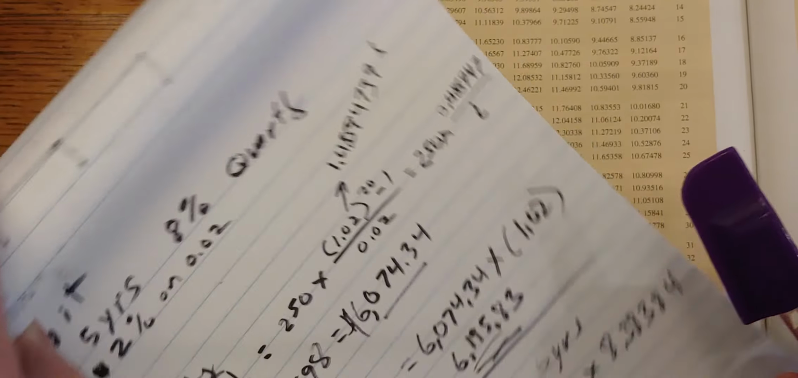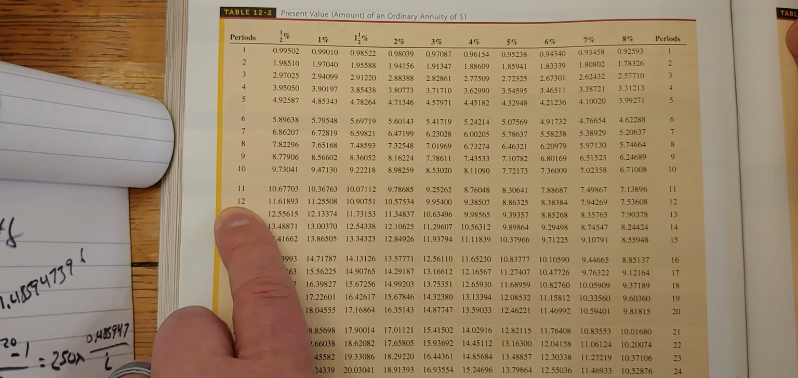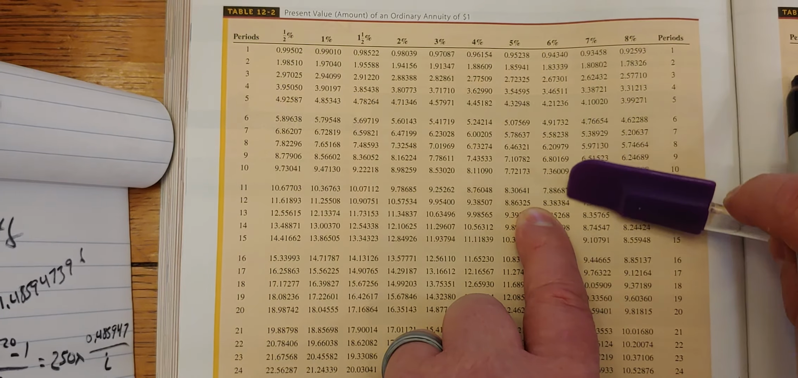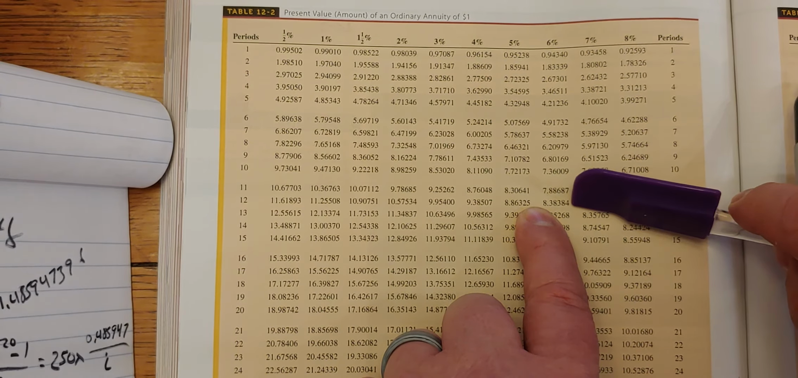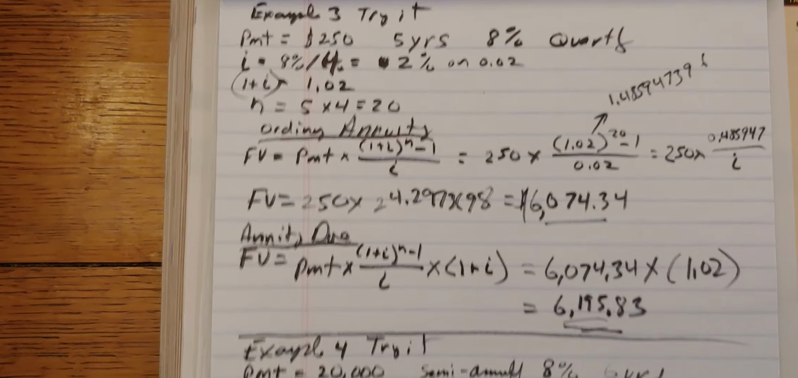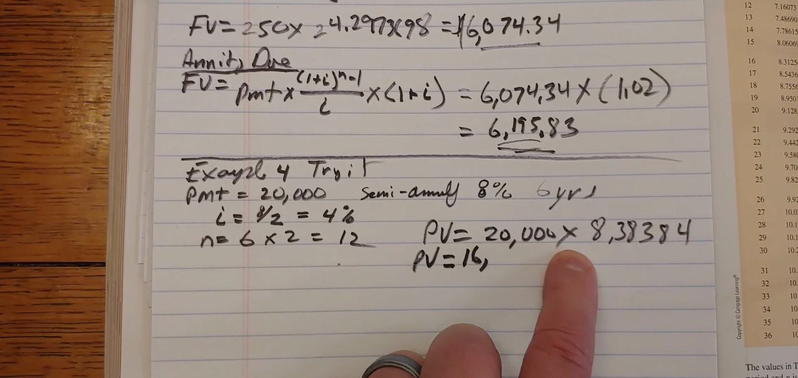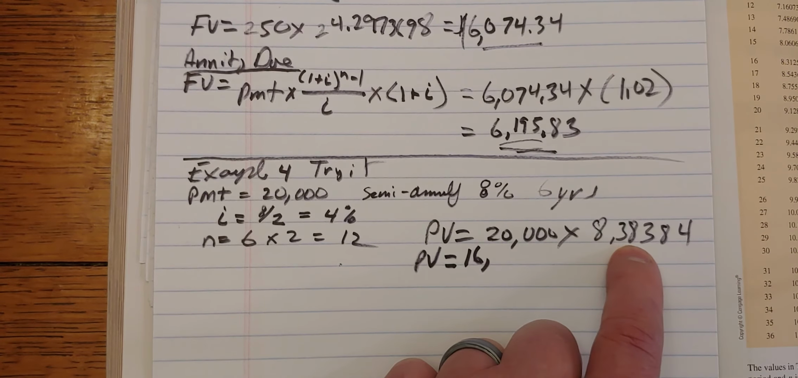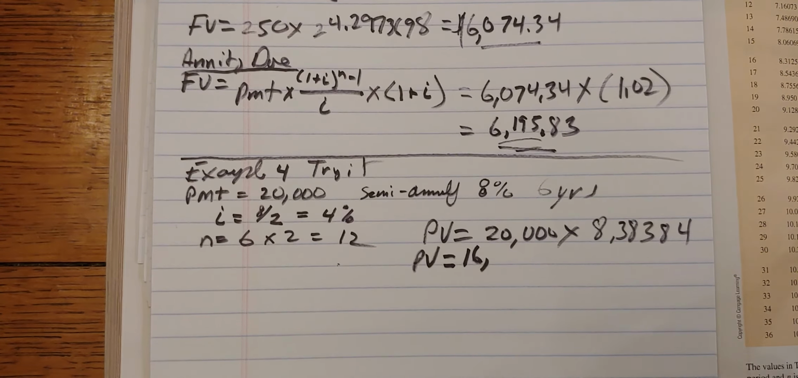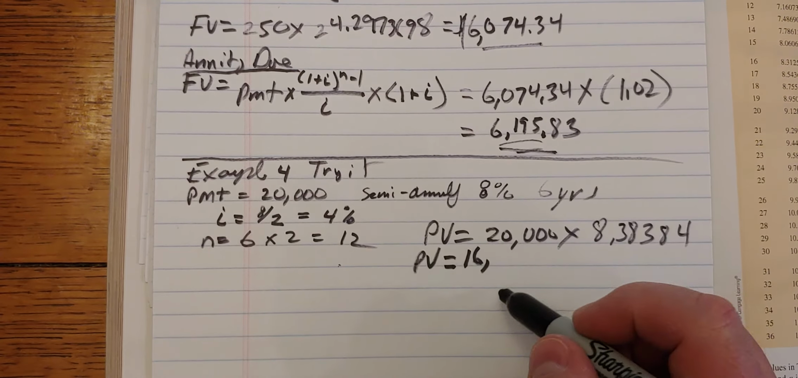So if we go to our table here and we find 12 on the side here and 4%, that should be 8.38384. All right. So once we find our formula, we know that the present value is the payment times the factor we find, 8.38384. So the present value, once we punch that into our calculators, 20,000 times 8.38384 should be